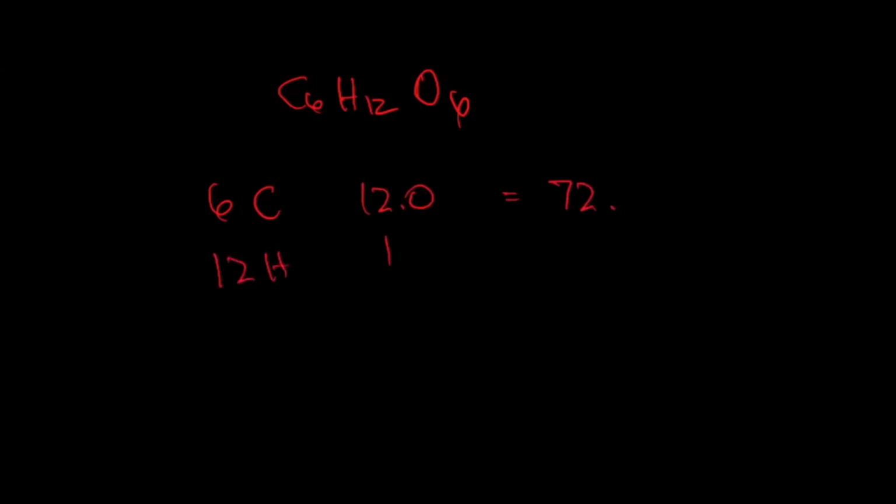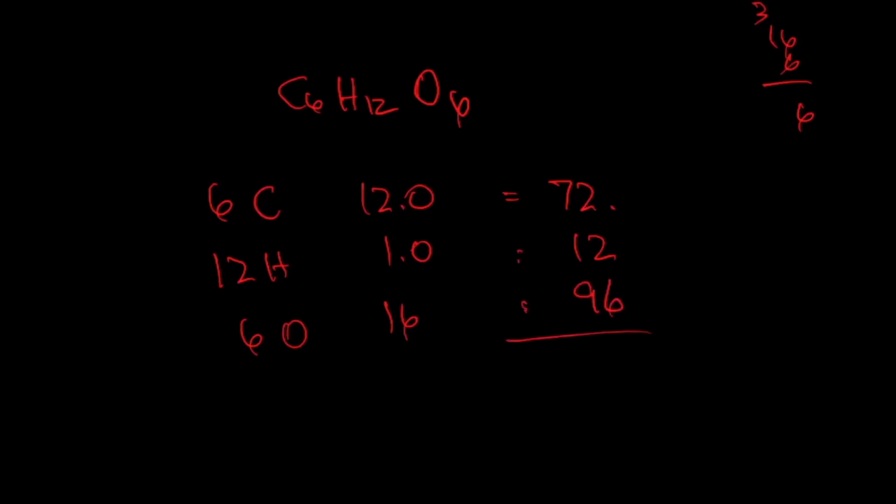So to get the atomic weight of this chemical right here, C6H12O6, we've got 6 carbons, and each carbon is 12.0. So 6 times 12 equals 72. We've got 12 hydrogens, and each hydrogen weighs 1.0. So 12 times 1 is 12. And you've got 6 oxygens, and each oxygen is 16. So 16 times 6 is 96. So when you add this all up,